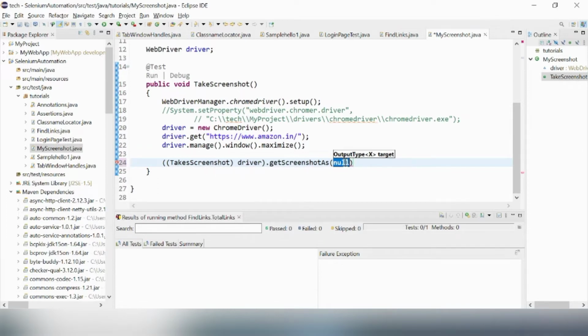Now I can type output type. So what is the output type of this particular screenshot? That is going to be in the file format. Okay, so this is the line you have to write, and since this is the file format output file, we